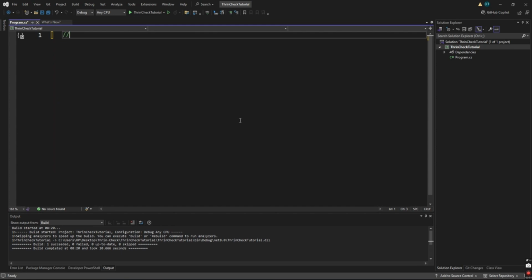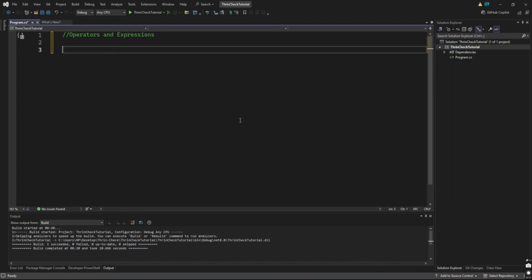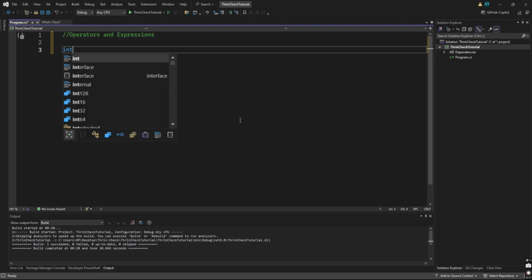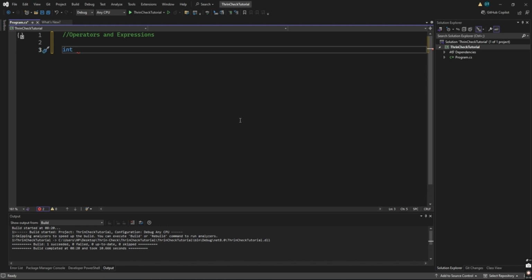Let me start. I said we'll be talking about operators and expressions in C sharp. Starting with arithmetic operators using basic operations, I'll start with this. I'll say int a equals to